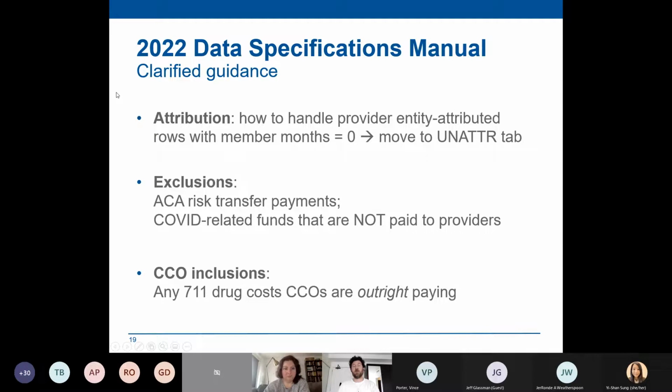which is about attribution. So I mentioned this earlier, and we can talk about it at the end. Having a threshold for making the TME Prov tab. Right now we have it at 0. If you're rounded down to 0 member months, move them to the unattributed tab. We're seriously considering changing that to maybe a 12-month threshold to include on the TME Prov tab, which would mean if you only had one member going to this provider for a year, and that's 12 months, then that's not that useful. Let's just move it to the unattributed tab.